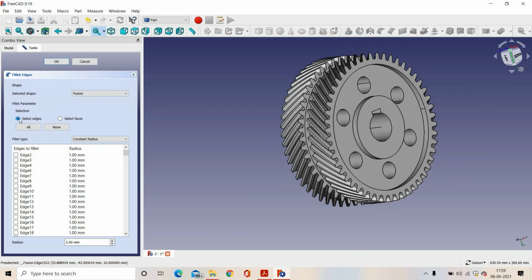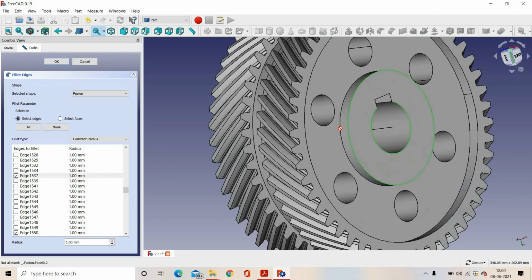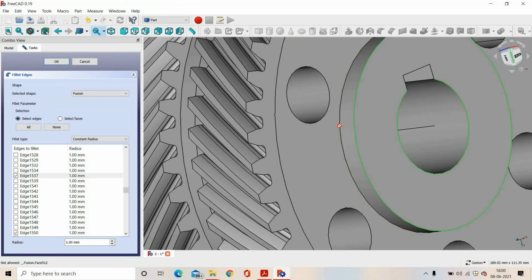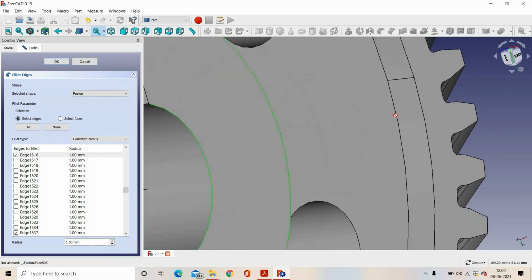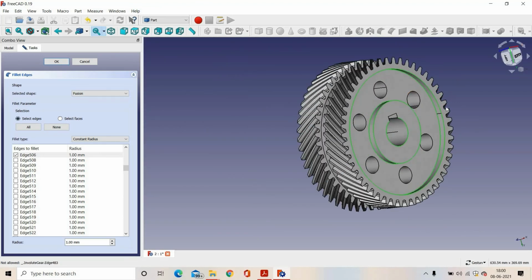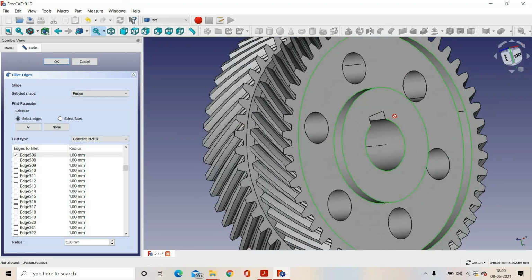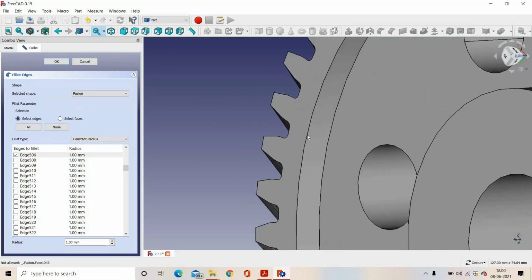In edges, we have to click on these edges, and here we have to select all the sharp edges which we have to fillet. We have selected all the sharp edges on one side of the gear. Similarly, we will select on another side of the gear.